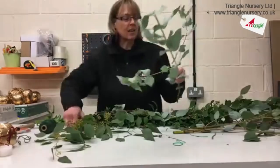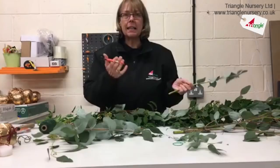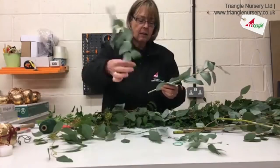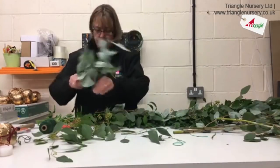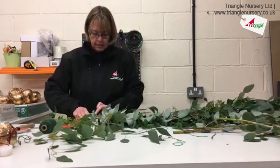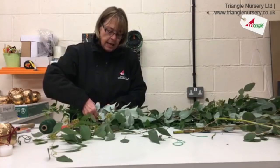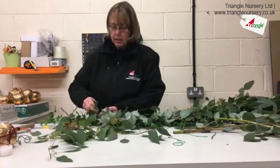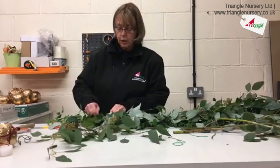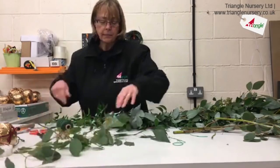All right, so I'm nearing the end of this garland now. You can see how easily those scissors cut through that stem. So the last couple of pieces of the Eucalyptus cinerea, just tying those into the end of the garland. Now, if you wanted to make the garland so that it's an even finish, by that I mean you've got both ends